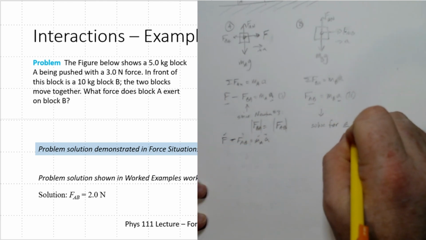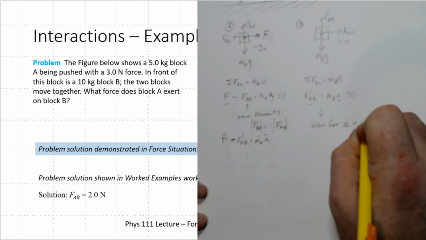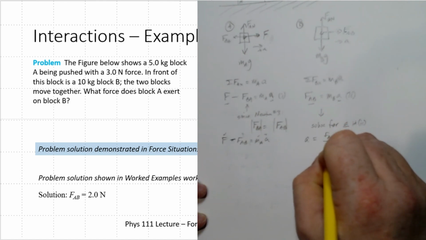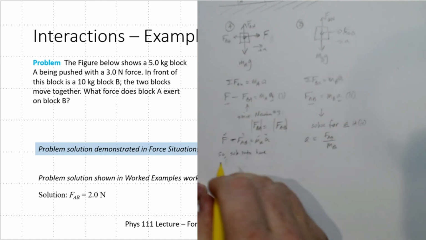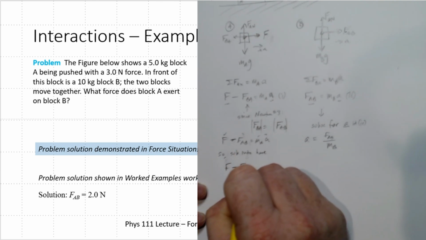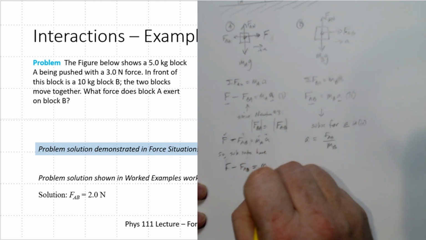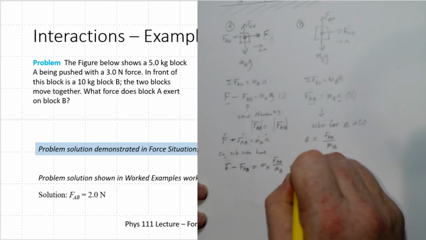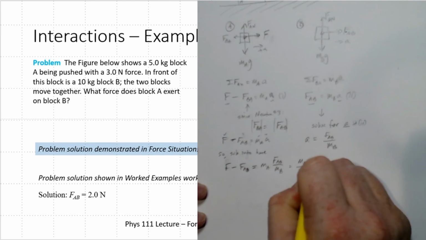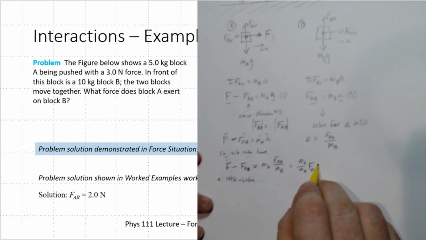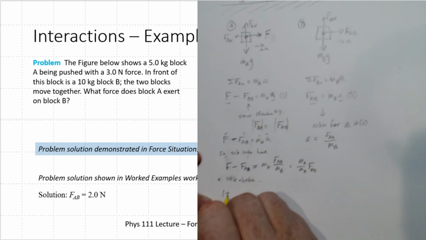Solve for A in 2. So this becomes A equals FAB divided by mass B. Sub into here, so we have F minus, this stays, FAB equals mass A times FAB over mass B, or the ratio MA to MB times FAB. A little bit of algebra. Add this to both sides, that becomes 1 plus MA over MB,